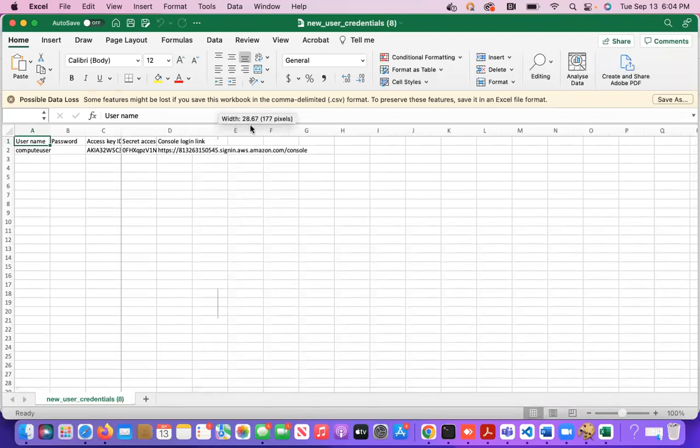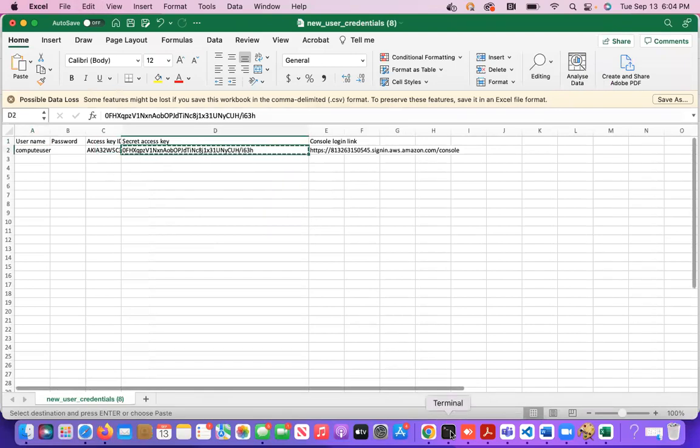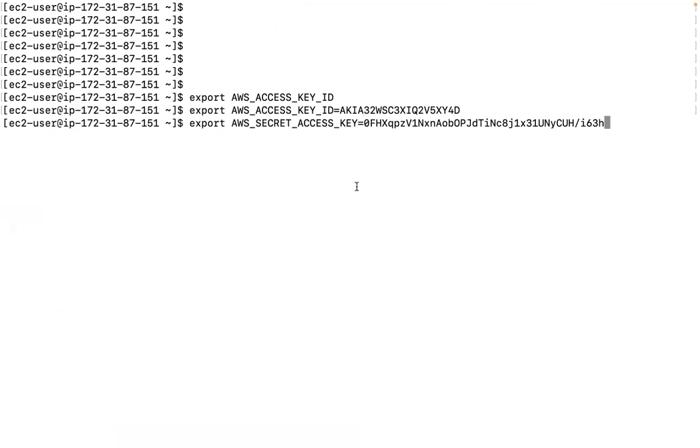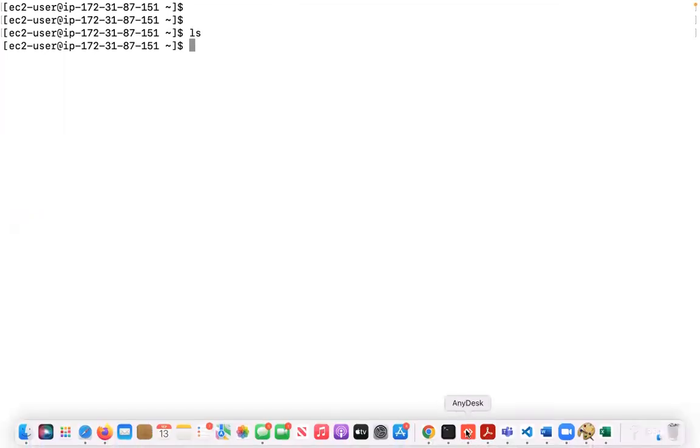Let me go grab the secret key, copy, paste it. So we are good. We have configured the access key and secret key. Now,